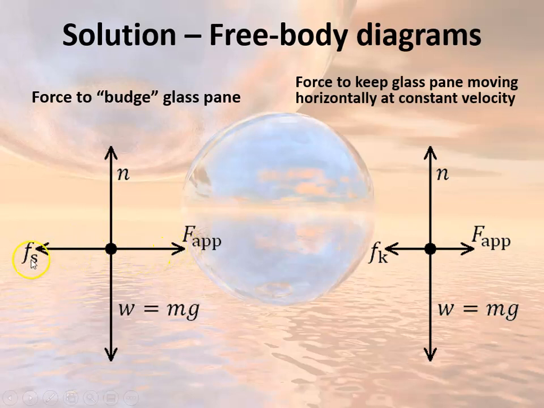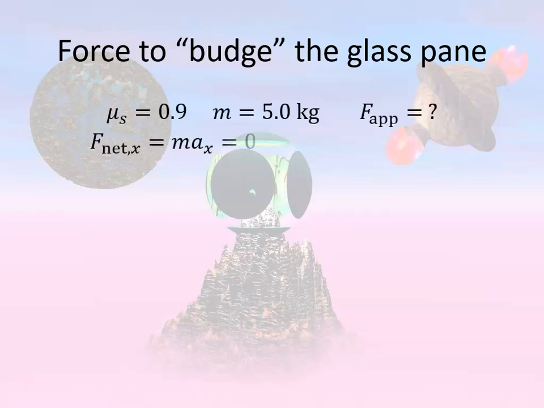until you reach the point of the maximum static friction force, which is calculated by taking the normal force and multiplying by the coefficient of static friction. So when you do static friction equals normal force times coefficient of static friction, that's the maximum possible static friction force. But if you're pushing on it and it's not moving, that's because generally there's static friction acting against you. Once you break loose, it becomes kinetic friction, and that's actually a fixed value. No matter how fast it's moving, if it's sliding on the surface, it's the same amount of kinetic friction. So, in any case, in the x direction, just before you budge it,